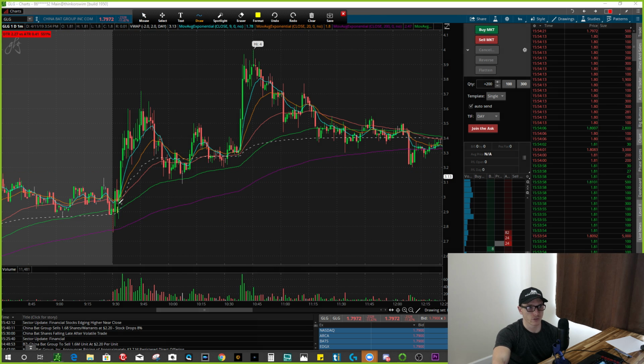So you have GLG up pretty big on the day, starts to show weakness, people short, okay? So they short. All right, drops out, up a little bit more. It performs what we call a lower high, more people short, okay? And then it drops out a little bit more, pops up, breaks the volume weighted average price. You know, there's probably a few more people that start getting short, okay? And then what happens, it gets bought back up, comes back down but doesn't break,